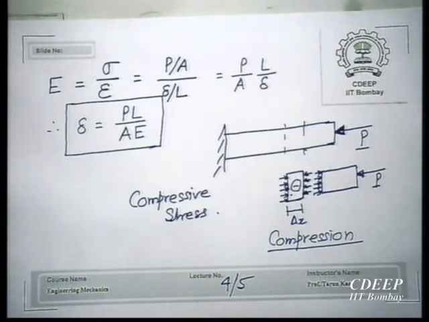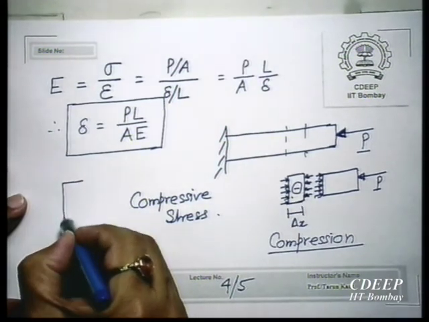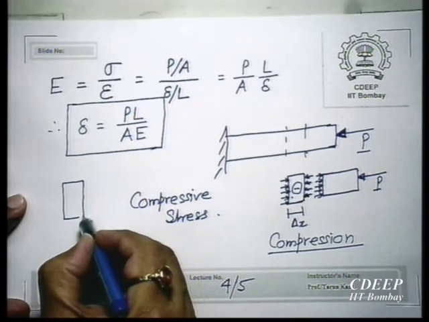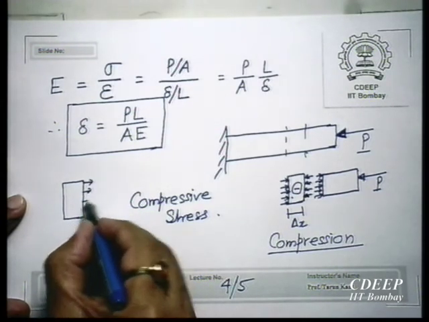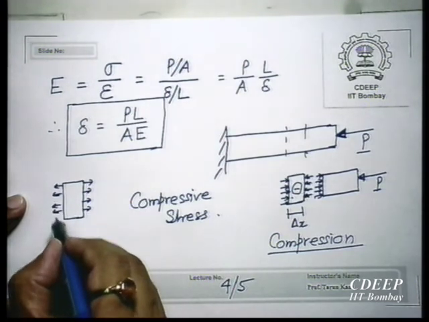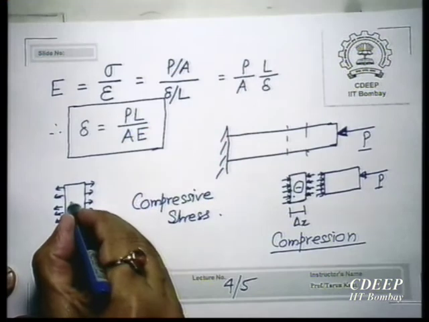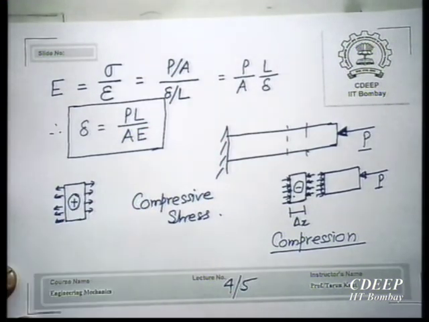The other one is called tensile stress, or under tension. Is it clear? Under tension, if you take the same element, a small delta x element will be subjected to a stress distribution like this. It is being pulled, so each particle will try to separate from each other, while in compression they are trying to come closer, you are compressing. So, this one is denoted by a plus sign, tensile.